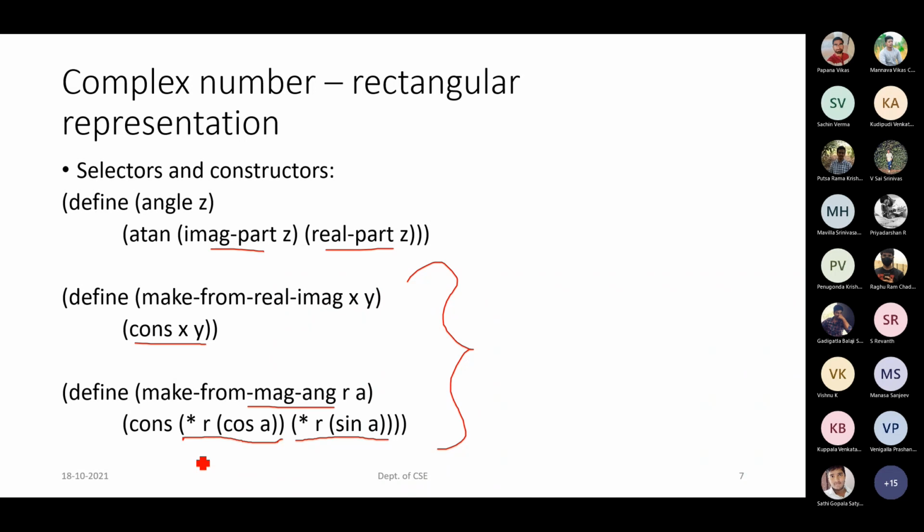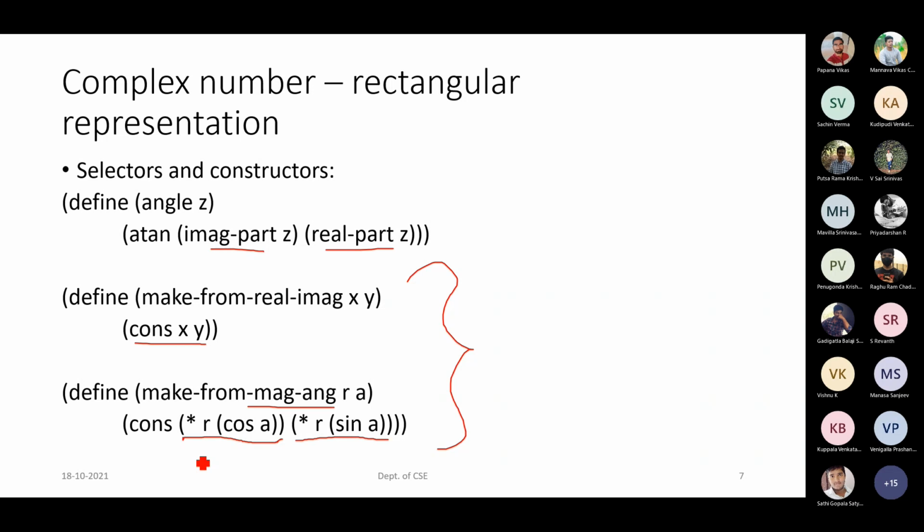Is it clear? Are you able to understand? So here we are just explaining it with respect to a complex number format. In real time, we have many things which can be represented in two forms. If you take distance, in different countries, it will be represented in different forms. Distance, weights. In some countries, they will be telling it in terms of miles. In some countries, they will be telling it in terms of kilometers.